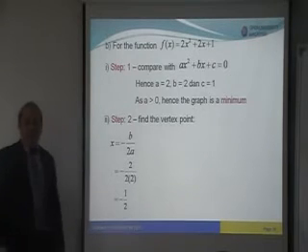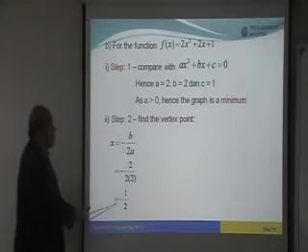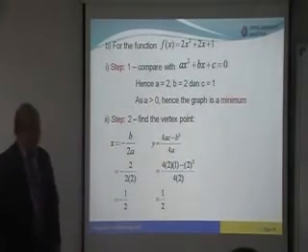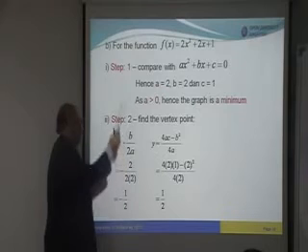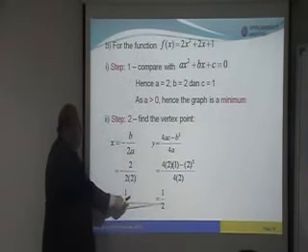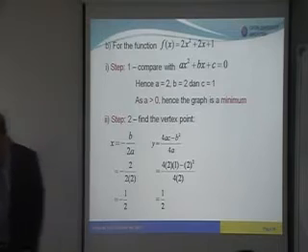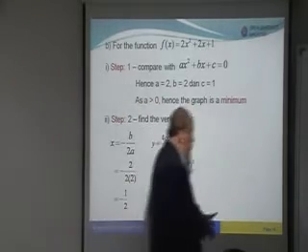Once you have found x equals negative 1 over 2 here, substitute back here to find the value of y. No need to use the formula. Substitute into that formula, you will get half. So since you already know the vertex is negative half and half, how do you sketch this curve?